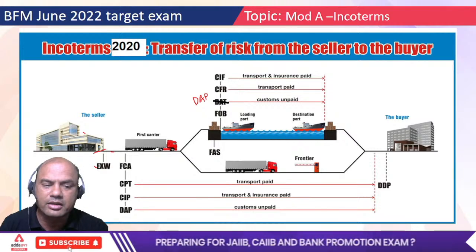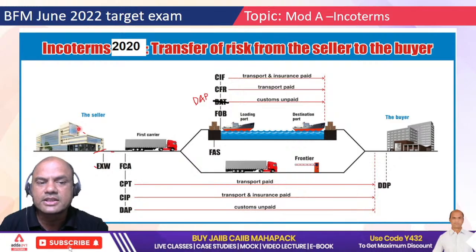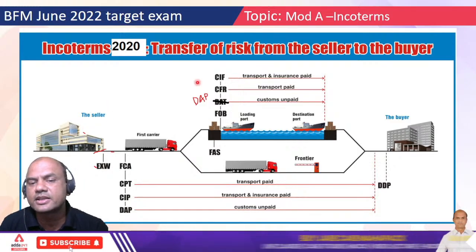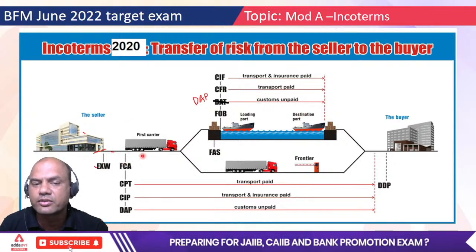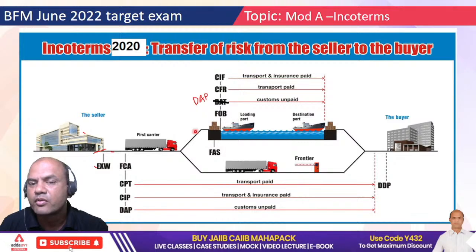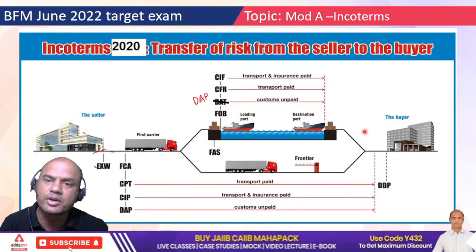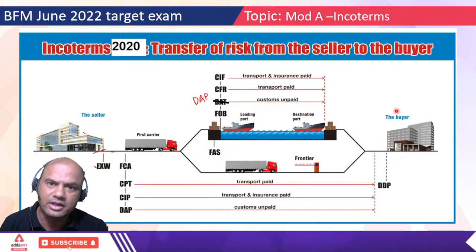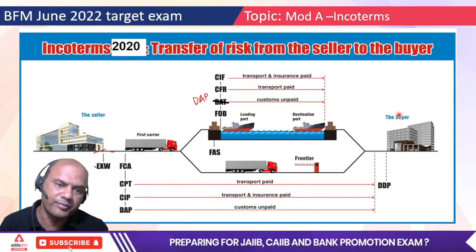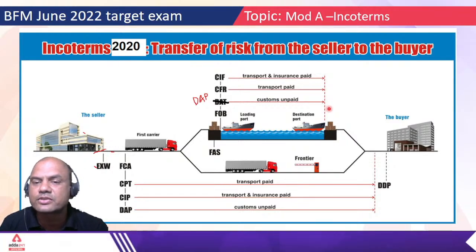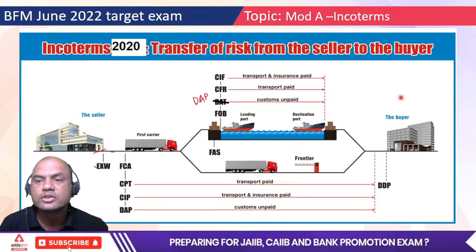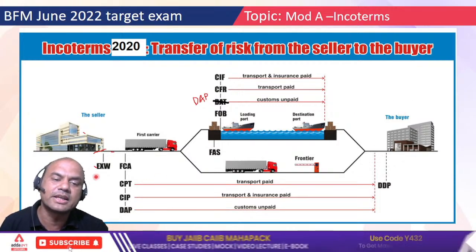I'll mark with the bigger cursor. Okay, hold on. Yeah, see, this is generally the international trade. This is in India, this is in the USA. Now how will the goods reach from India to the USA? One, via truck up to the ship, from the ship to the USA port, and from the USA port it will go to the buyer's counters, or the buyer's factory. Now the important part over here is, if I say that I will sell only up to my doorstep, then everything else will have to be carried by the buyer, right? So that becomes one Incoterm, known as Ex Works.